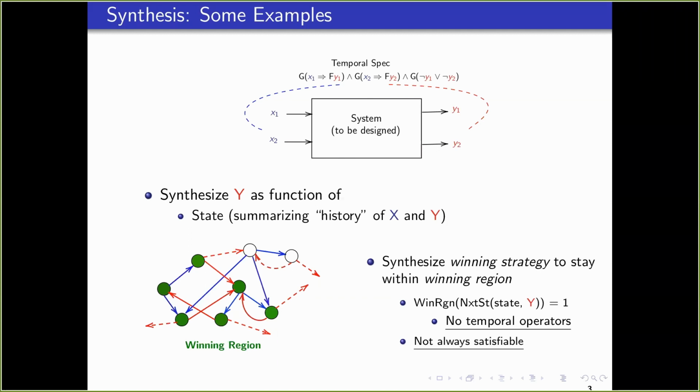And of course, to go from one set of states to another set of states in this fixed point calculation, you'll have to apply the transition relations that are affected by the system's moves and that are affected by the environment's moves. But you're inherently talking about a set of states. You're not talking about one state at a time.